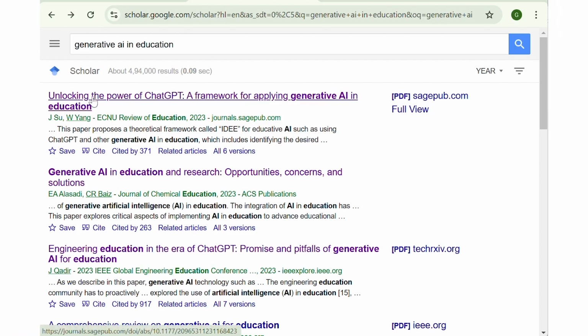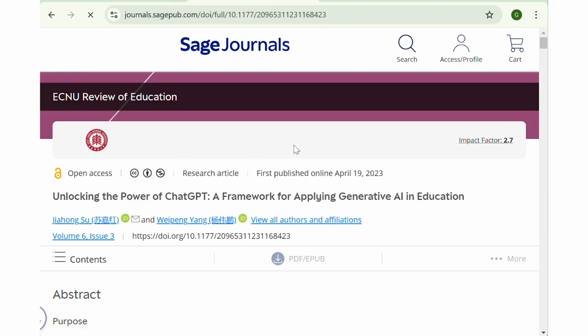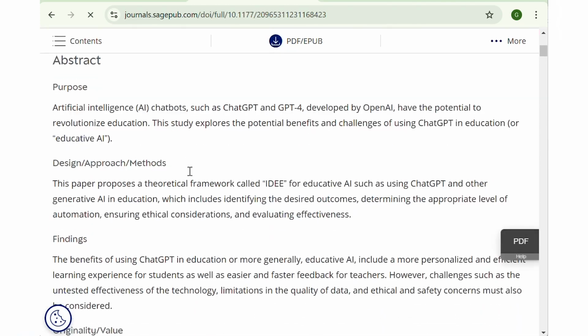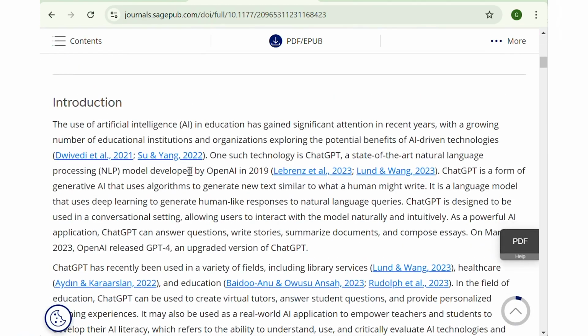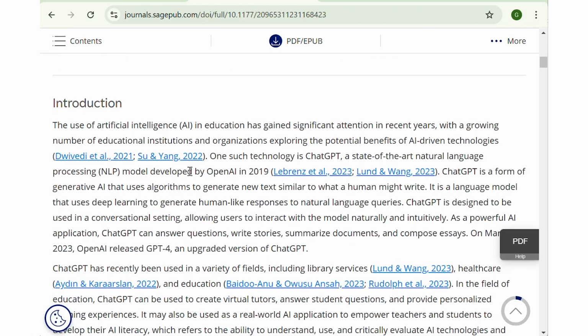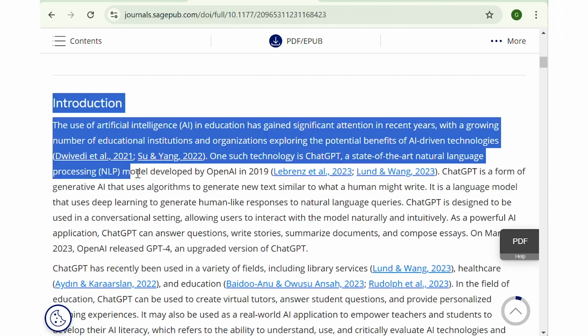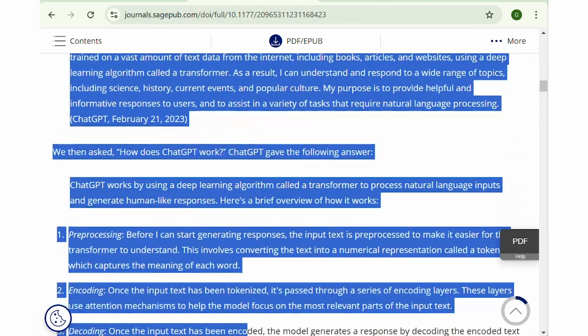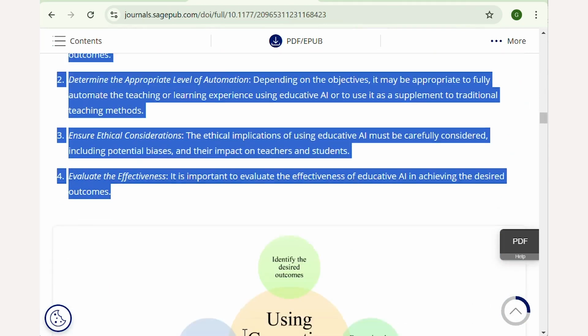Suppose this is the first link, Unlocking the Power of ChatGPT: A Framework for Applying Generative AI in Education. I will click this one. So the article will be displayed. Suppose I want to summarize the content of this article. So I will simply copy the content